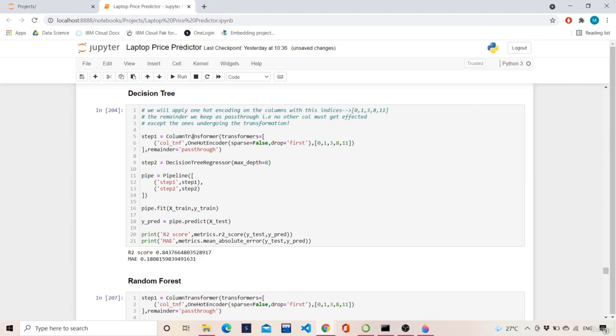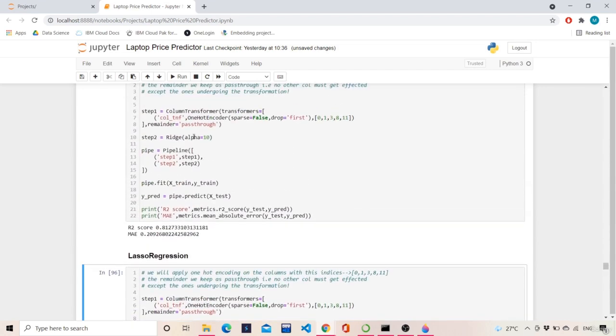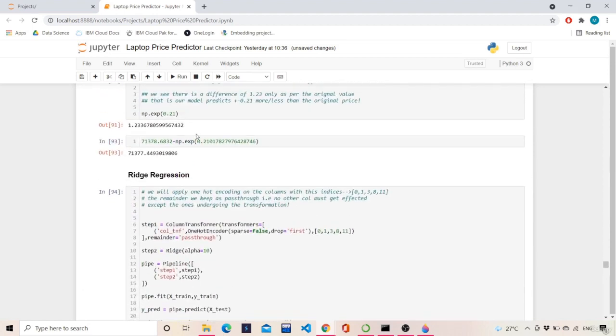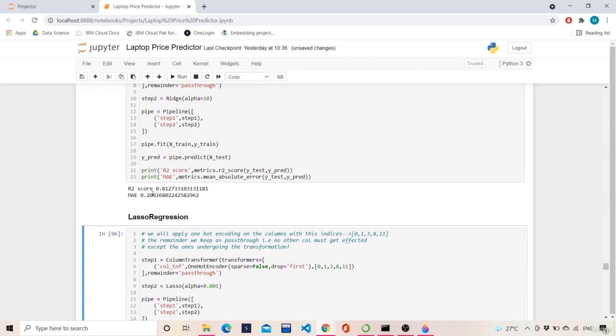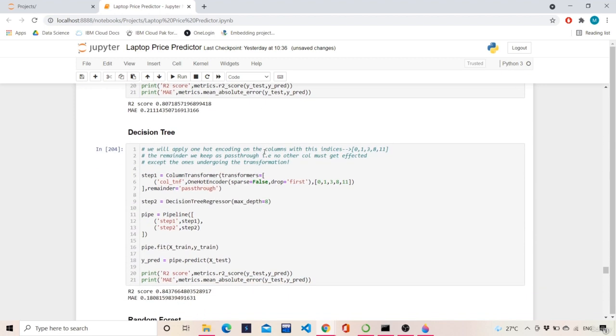So in the last video we saw linear models and we came to a conclusion that ridge regression was giving good results without hyperparameter tuning. We saw that ridge regression was giving almost 81% accuracy, which is a good result. Okay, now we will see how decision tree or tree based models work.